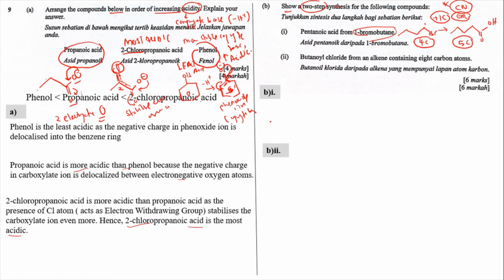For 1-bromobutane, we have the structure like this, and we need to change the Br into CN in order to add to the carbon chain. So we need to use the reagent NaCN in the presence of ethanol under reflux. As a result, we're going to produce a nitrile compound here. And then this nitrile compound can undergo hydrolysis using H2O and H+, and this will produce